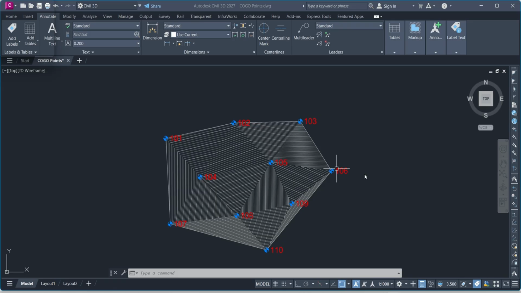How to renumber COGO points in Civil 3D. Need to quickly renumber multiple COGO points in Civil 3D? First, open Tool Space